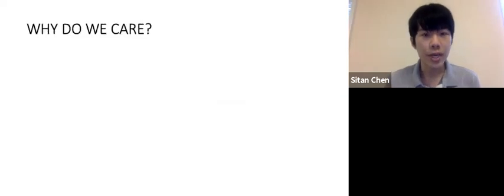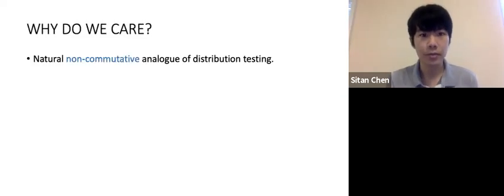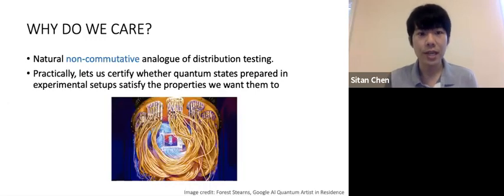Okay, so why do we care about this question? From a mathematical standpoint, it's interesting for being the natural non-commutative analog of distribution testing. And from a practical standpoint, this is a necessary primitive for verifying the results of various quantum experiments in the lab, right? So if we claim that a particular experimental setup yields some quantum state, it's really the first step